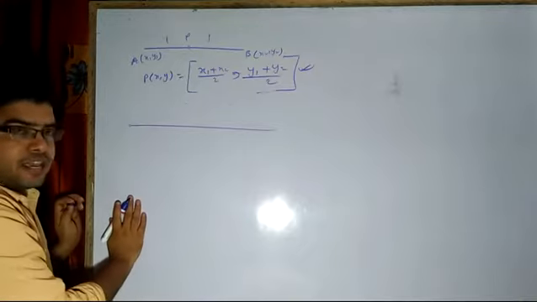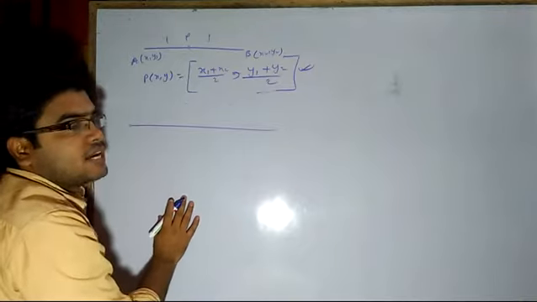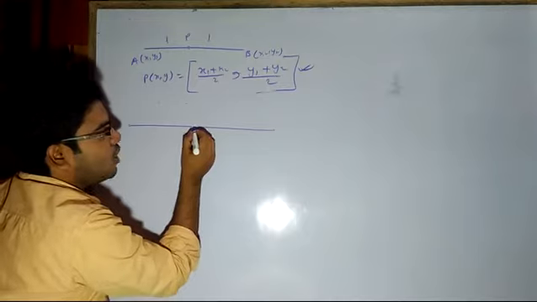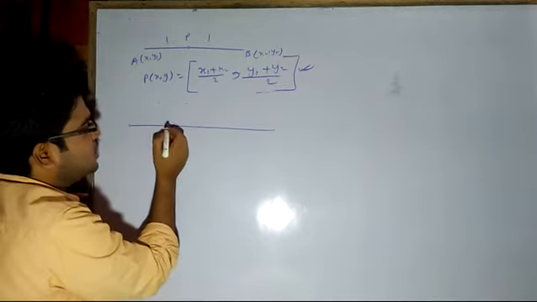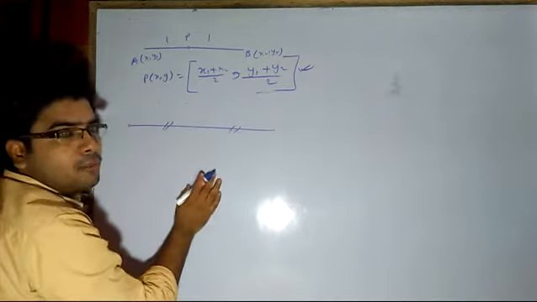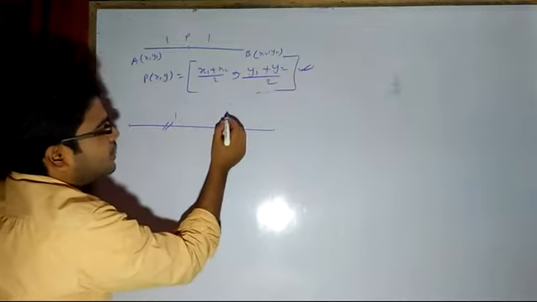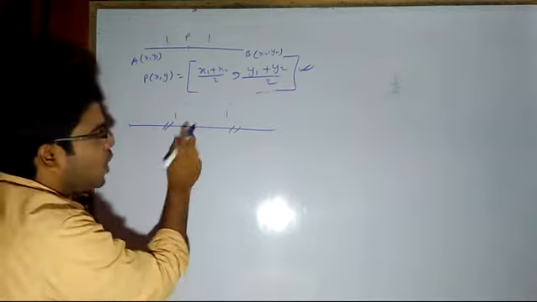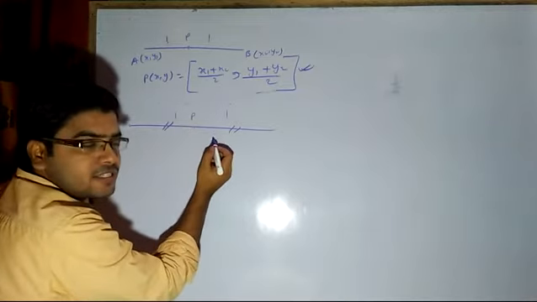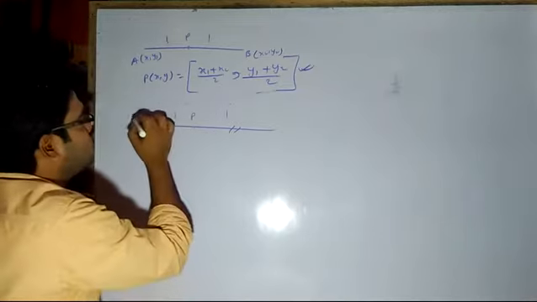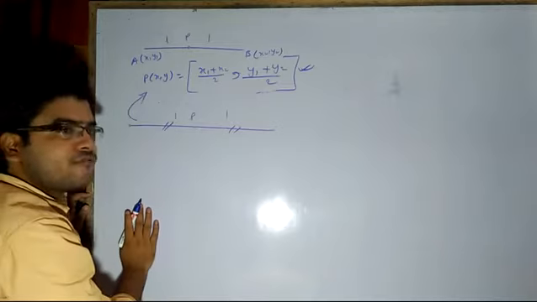Now if in the question they give you that the point is bisected, the bisection of the line segment, bisection means these two parts are equal. Bisect means divide into two equal parts. Again indirectly they are saying that this point P is dividing the line segment into a 1:1 ratio. So again you will apply this same formula.